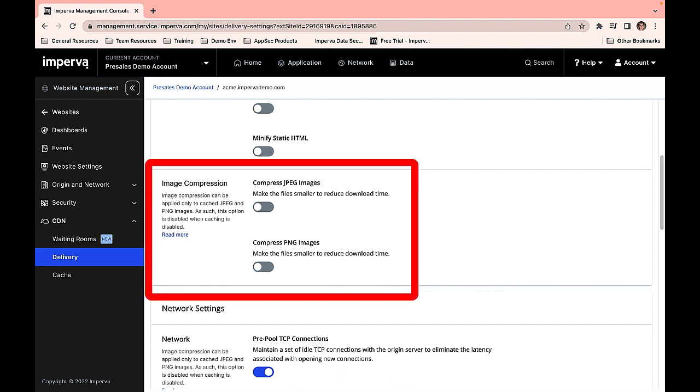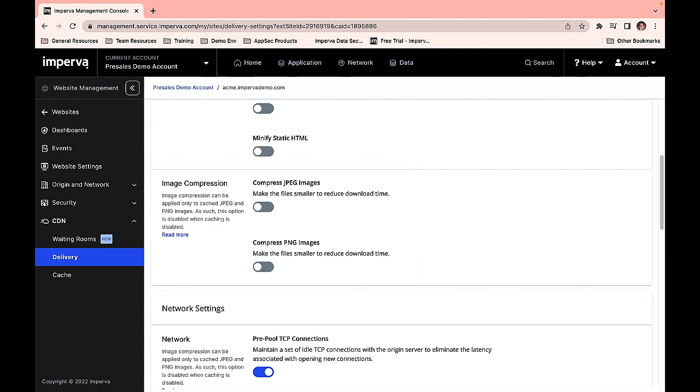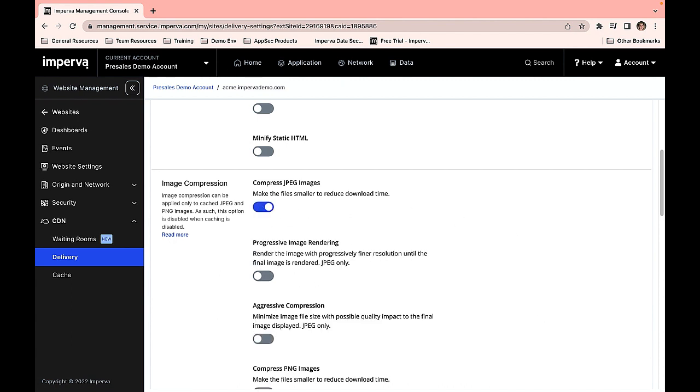Imperva CDN also performs image compression. By compressing images, it decreases file size to reduce download time, which gives customers a better overall experience. Please note that we can only perform compression on JPEG and PNG files. For example, let's say I have a JPEG file for my brand logo that I'd like to compress. I'd select the toggle button under the JPEG images option. From there, I can select how much image compression I'd like. For this scenario, I'll select the progressive image rendering, which renders the image with progressively finer resolution until the final